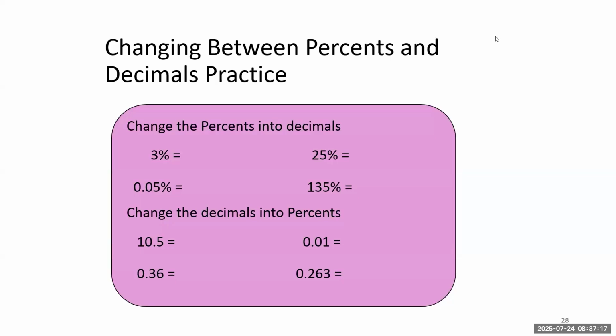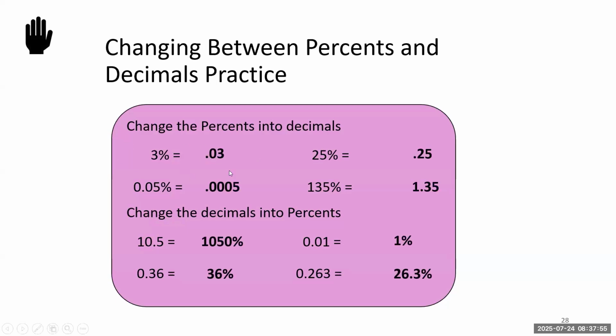Okay, so let's see how we did here. Thanks everyone for participating in the chat. So we want to change the percents to decimals. Starting with the 3%, if we want to show it as a decimal, divide by 100, put that in the calculator, see what we get. You could also take the little invisible decimal after the 3 and scoot it to the left 2 places, and then show that number there. So that gives us an answer of 0.03 for the 3%.